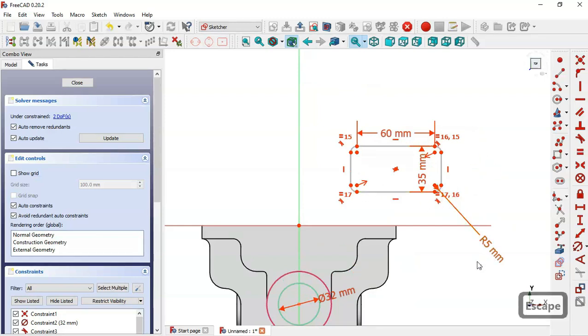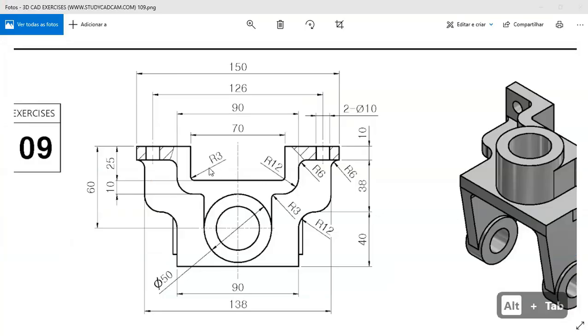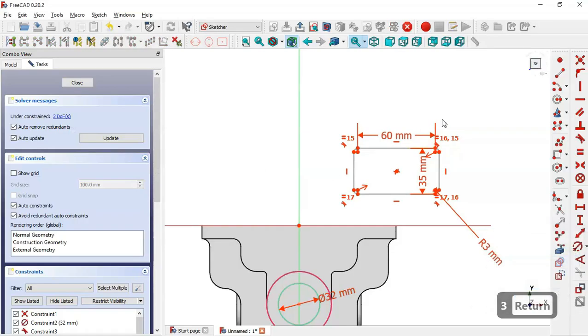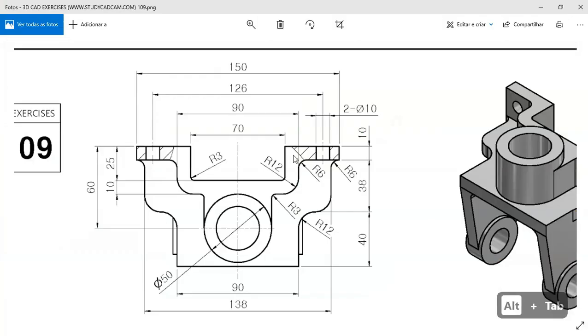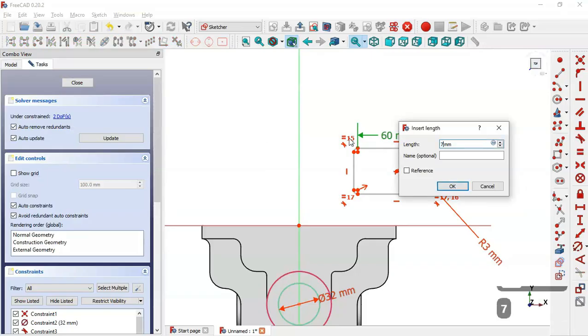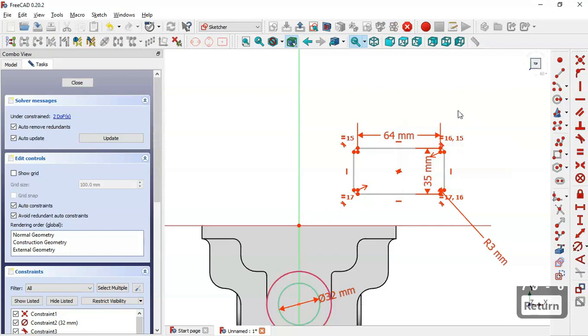So here I change this radius to 3 millimeters and I will set this horizontal dimension to 7, but here I will set 7 minus 6. Okay, and I get 64 millimeters, and now I constrain this point here to this vertical line,